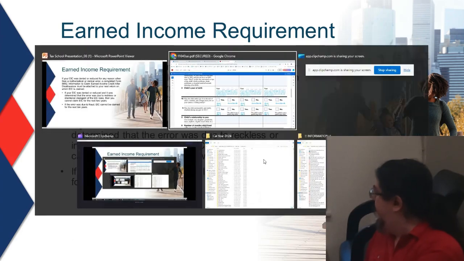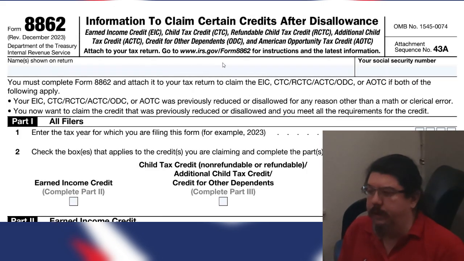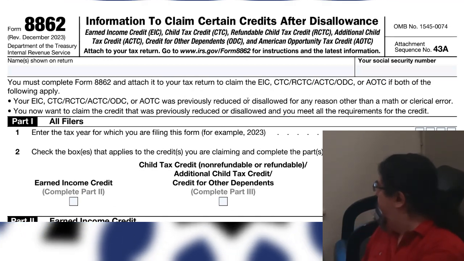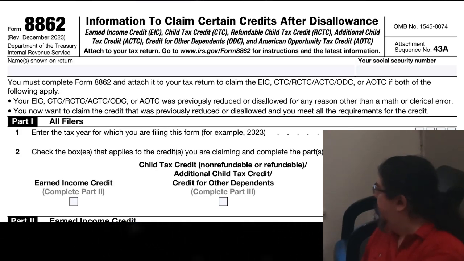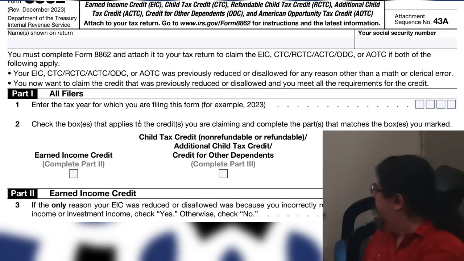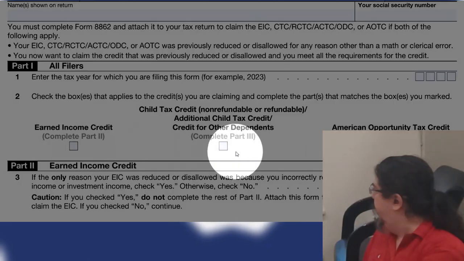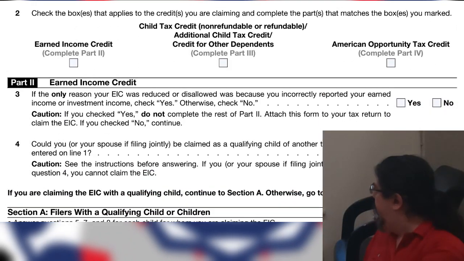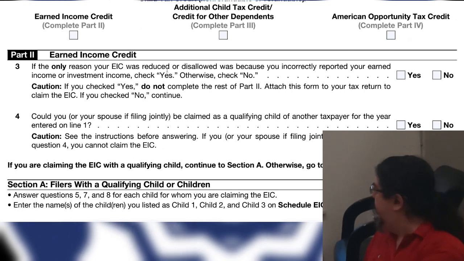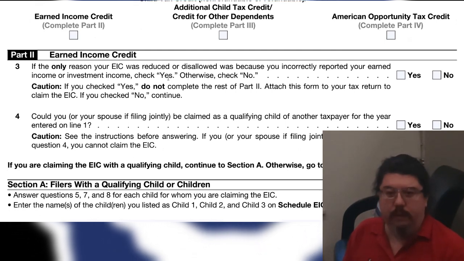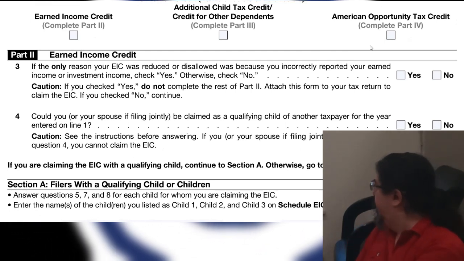8862 is not that complicated either. 8862 is just double checking that you know and are abiding by the rules for earned income credit. For part 1, it's asking you what year you're claiming, so they don't update this form every year like they would the main 1040. You're going to list which of these credits you're applying for: earned income credit, child tax credit, American Opportunity Credit. And then if the only reason you had to reduce or disallow your earned income credit was because you calculated your earned income incorrectly, then you check this box here